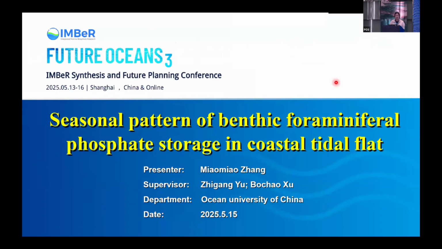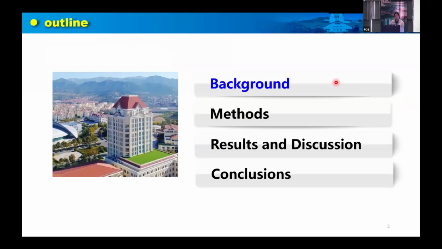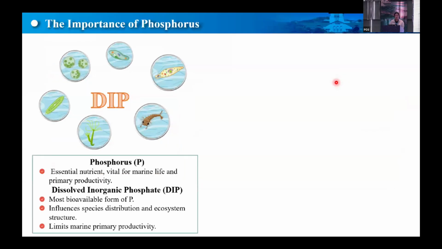Today, I'm going to talk about the seasonal pattern of benthic foraminifera phosphate storage in coastal tidal flats. As we all know, phosphorus is essential for all marine life, and its most bioavailable form, dissolved inorganic phosphate, or DIP, serves as the most essential nutrient for sustaining the functional dynamics of marine organisms and regulating the primary productivity